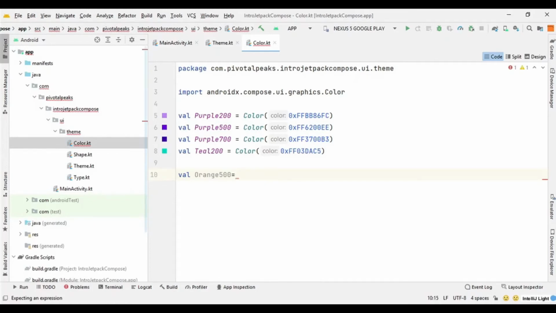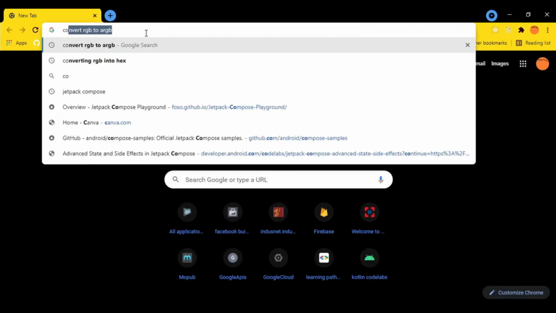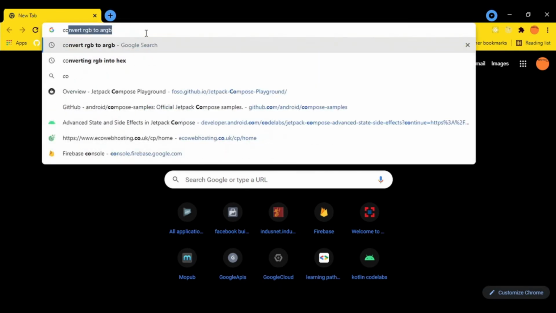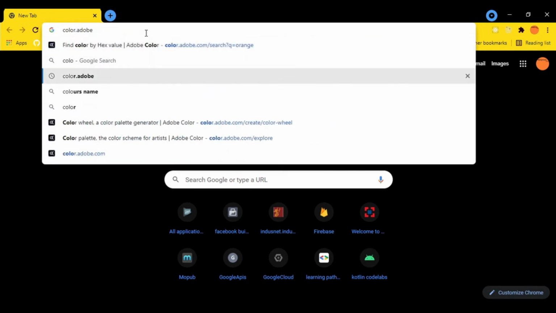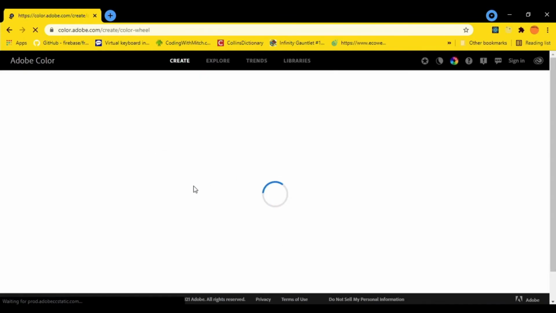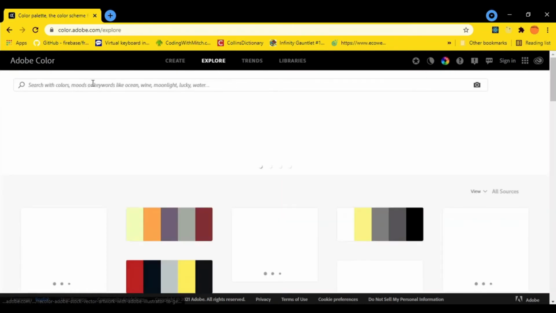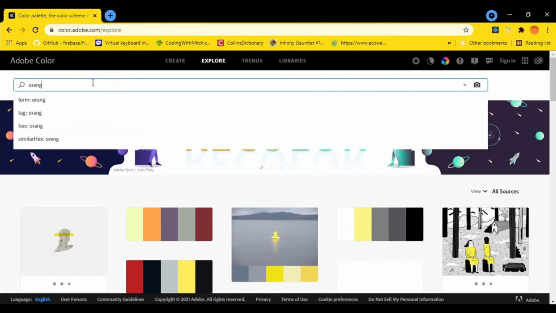So to get a color of orange, we are going to use the color.adobe website. So I will just go there. So here we need to go to color.adobe website. It is a very nice website to pick variants of different colors. So let's go and get some orange. So I will go to explore and search for a color of orange.